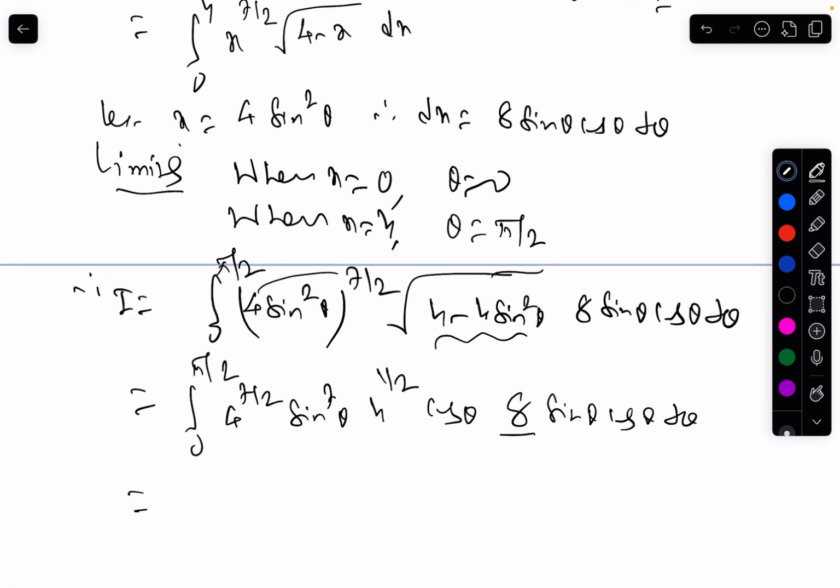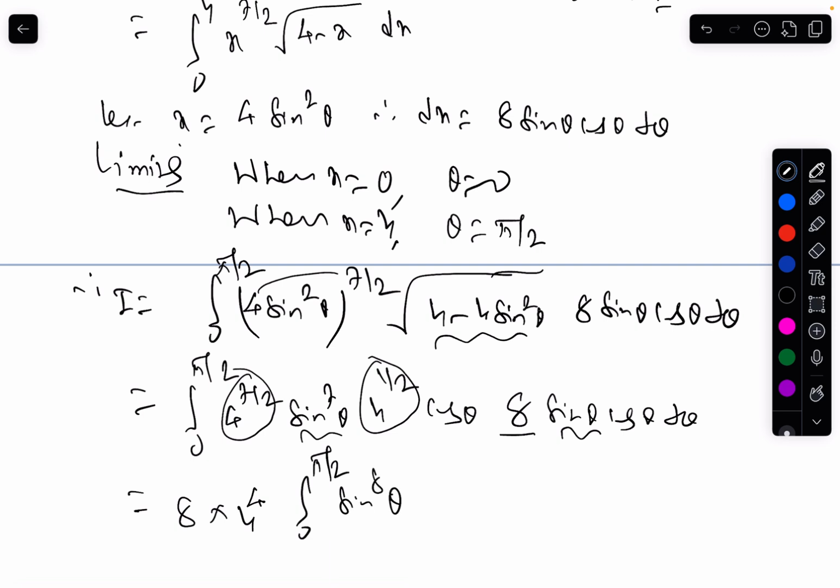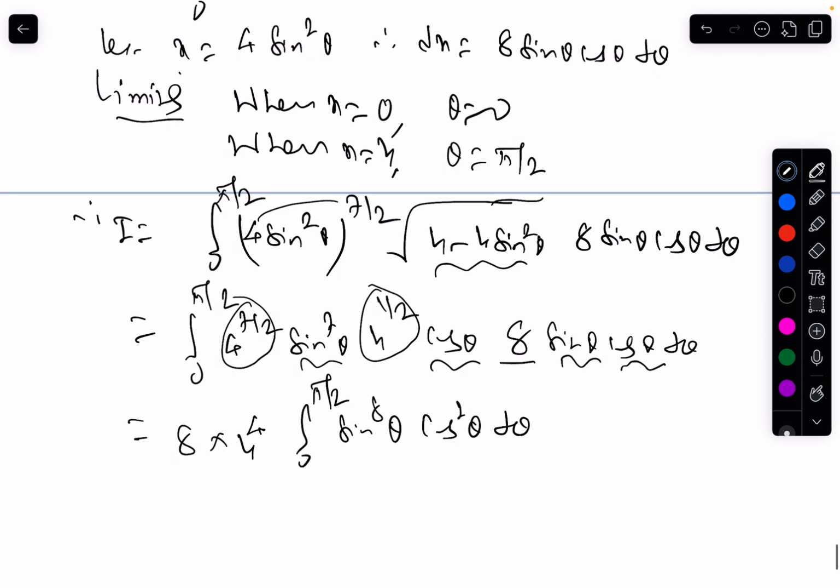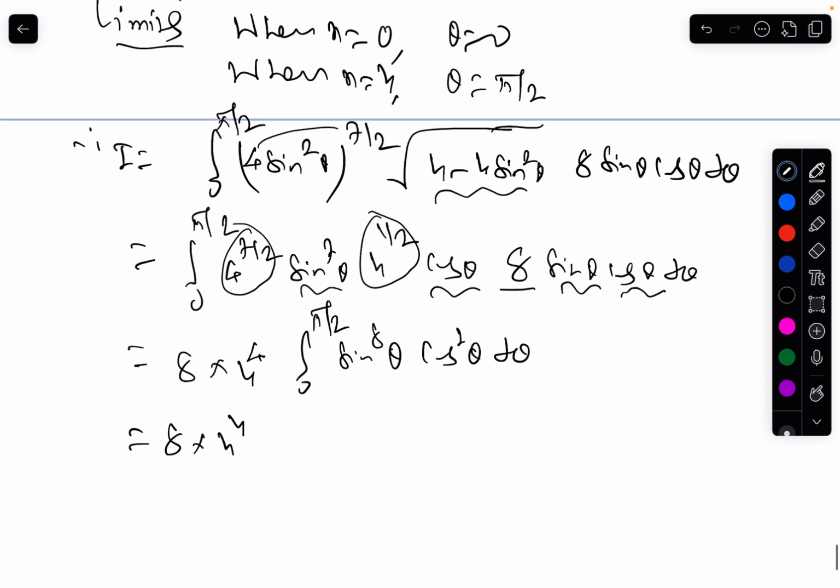So this is equal to 8. 4 power 7 by 2, 4 power 1 by 2, so 4 power 8 by 2. So 4 power 4, integration 0 to pi by 2, sine power 7 into sine, so sine power 8 theta, cos theta into cos theta, cos square theta, d theta. And so we have 8 into 4 power 4,